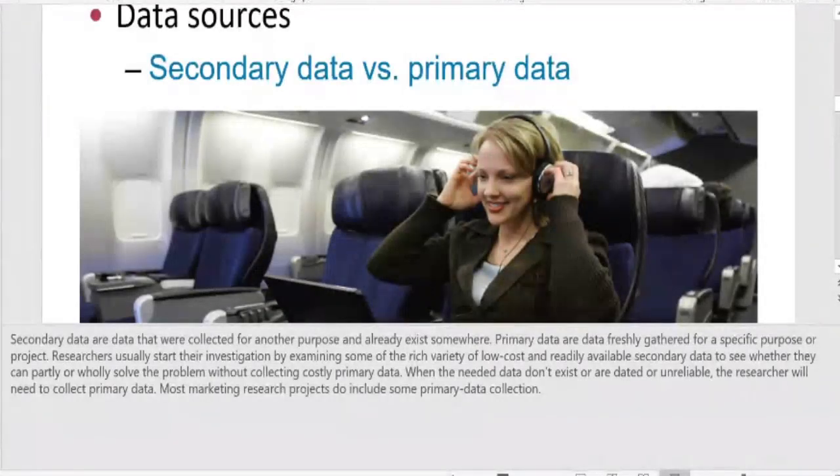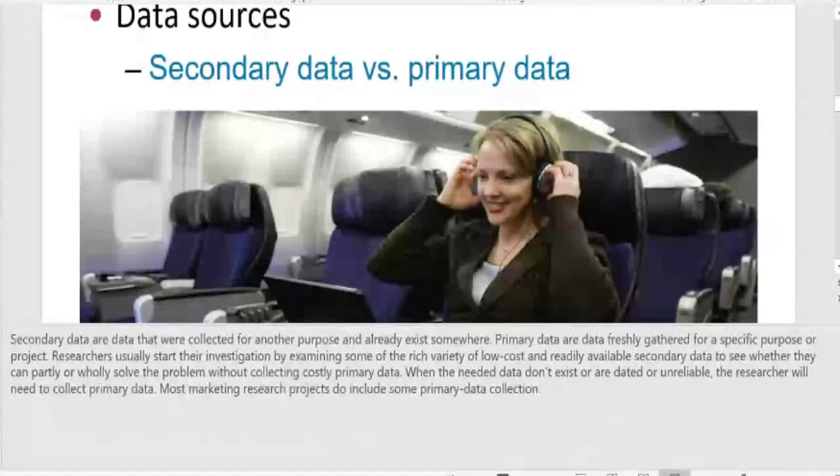But then the problem that you'd be trying to explore is going to be new. Now that data, which was secondary data collected last time, you're using it again for comparing with, let's say, the data that you collect this year, and the change in customer perception or the marketing product change or use or the brand change. So effectively, you're using secondary data, and some data that you'll be collecting for the first time, that would be primary data. So when the need for data does exist and the existing data is unreliable, then we have to collect primary data. Most marketing research projects include primary data collection processes.